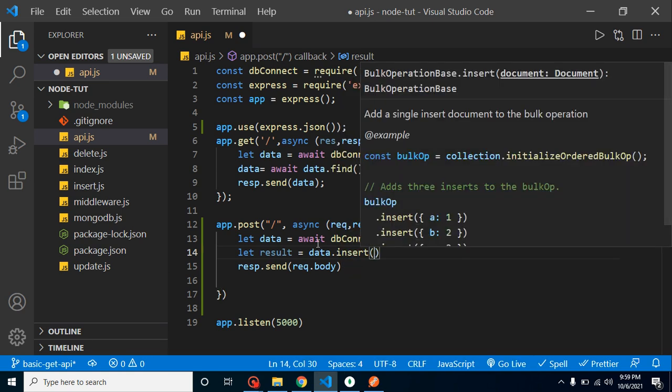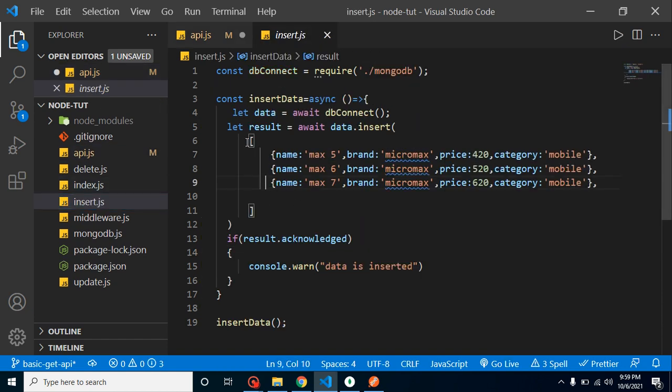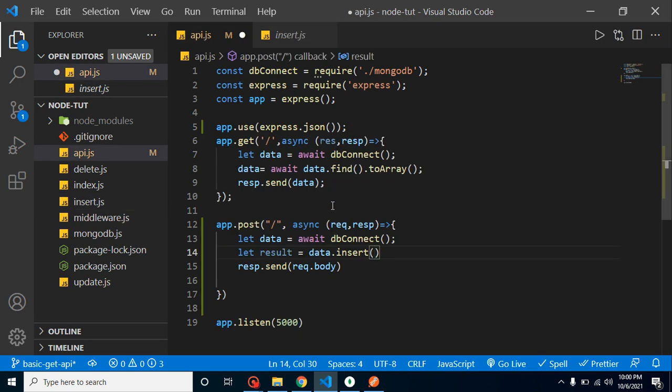Inside insert, what we have to pass, if you remember our previous video, we put an array if we want to send multiple data. If we just want to send one data, then we can simply put name, brand, categories and all. All these things we are getting inside request.body. So let's insert it directly like this, and again it will return a promise. To resolve it we put await, and now let's return this result. So it will send acknowledgement, inserted data and ID and all, right?